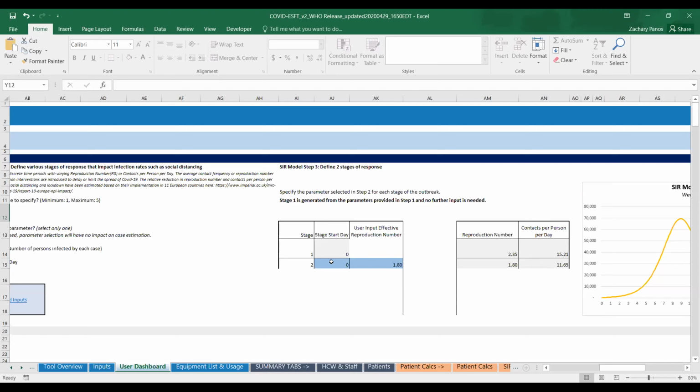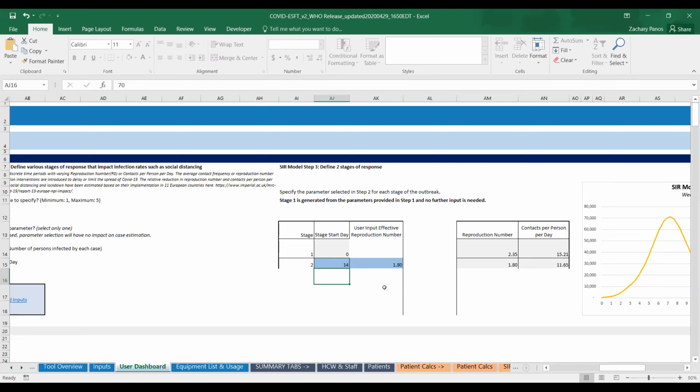As you can see, stage 2 begins currently at day 0 of the forecasted period, but we can change this to any day that we predict possibly a change in the transmission dynamics of COVID-19. So let's presume that something happened 14 days or 2 weeks after the beginning of this forecasted period. And so we can enter 14 as Zach has done here.